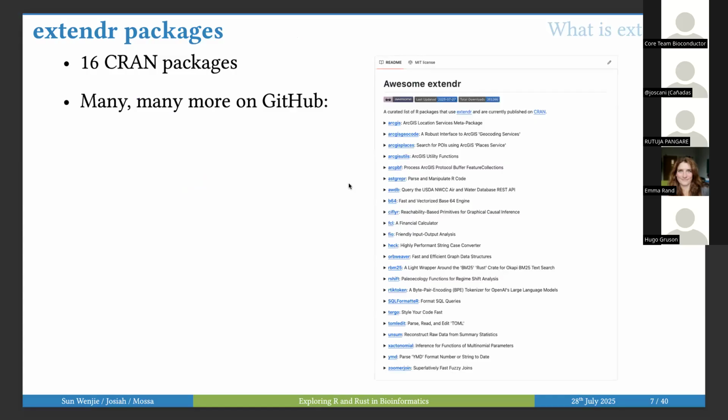And we've actually seen quite a bit of adoption. 16 is a small number, particularly when a good number of them are mine. But there are 16 packages on CRAN that are using extendr today. And as I've learned over this week while preparing for this talk, there's a lot more on GitHub that we weren't even aware of, and people are using this